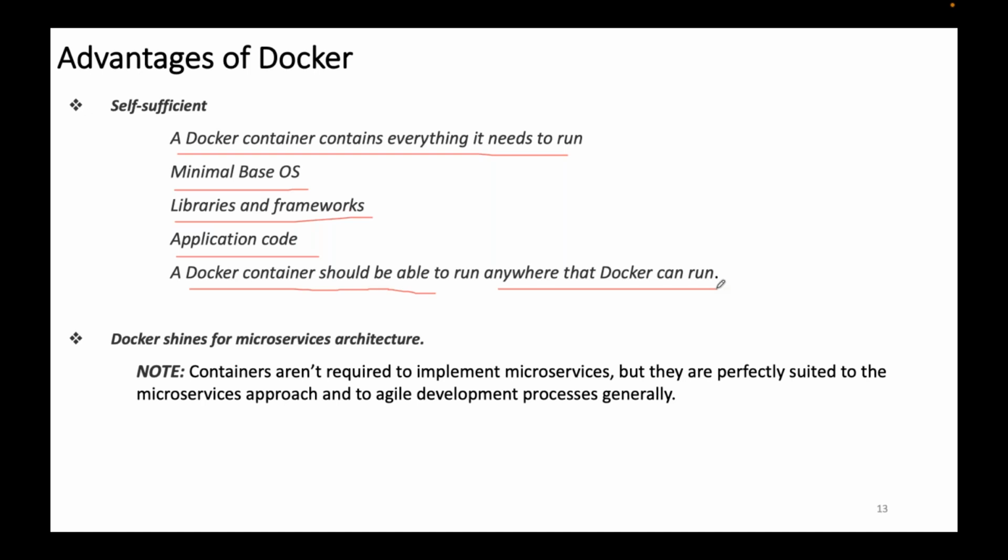As I already told, Docker shines for a microservice architecture. Microservices are different, containers are different. That's why I have given a note here. Containers are not required to implement microservices,